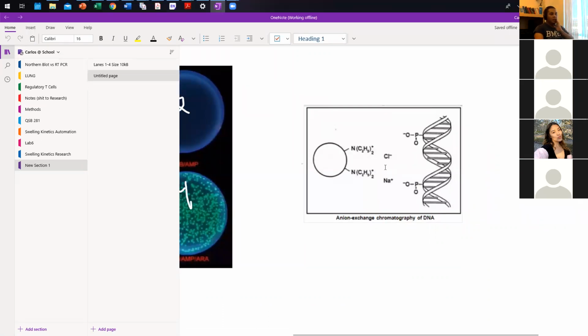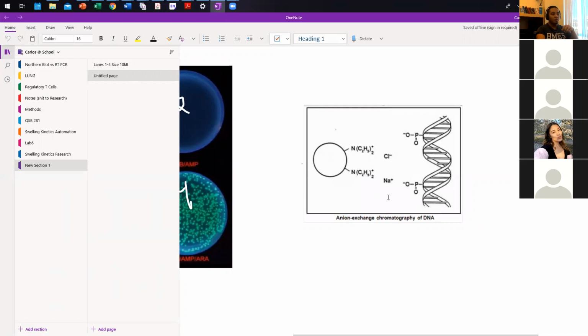So the purpose of the Cl minus and Na plus is, at the end, you're going to have your DNA attached to the beads, right? Yes. But in order to separate them, you don't want them to be connected anymore. You're going to have to give them another option. Instead of the negatively charged phosphate backbone of the DNA always attaching to the positively charged columns,